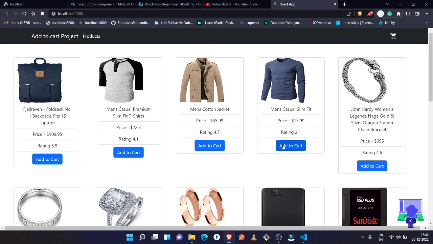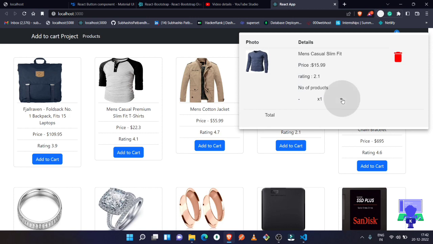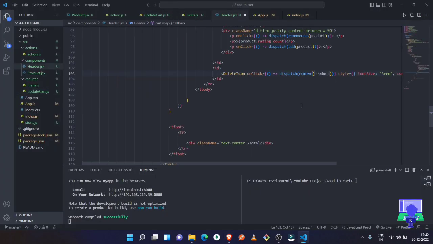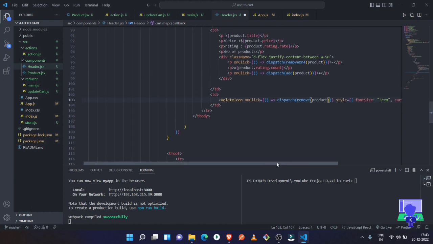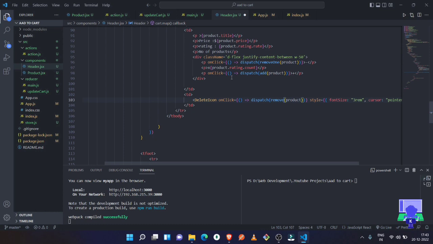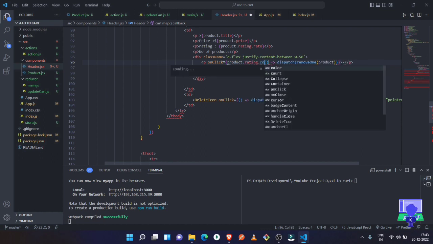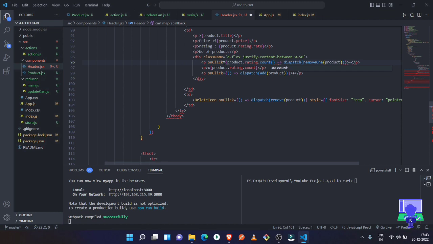And now what we want is that if this product's number is equal to 0, it will automatically be deleted. So what we have to do is go to VS Code, and inside the header we have to perform the ternary operator, inside this minus icon, that if product.rating.count is equal to 1, then